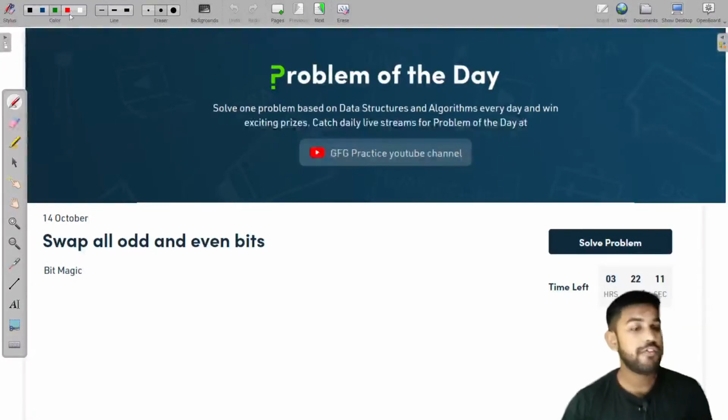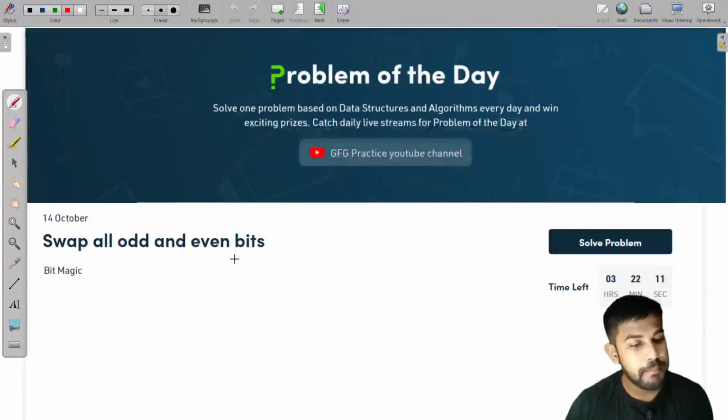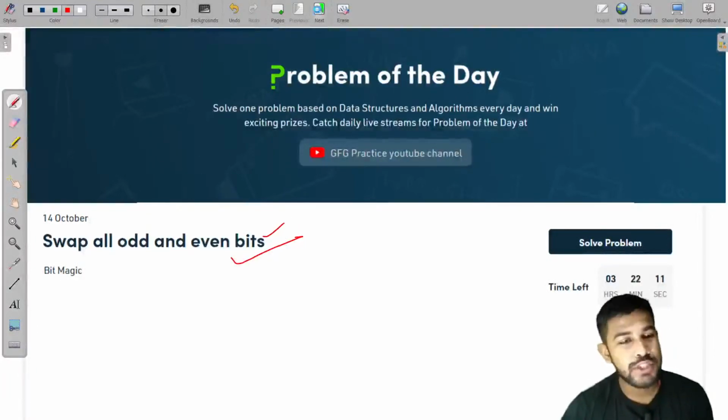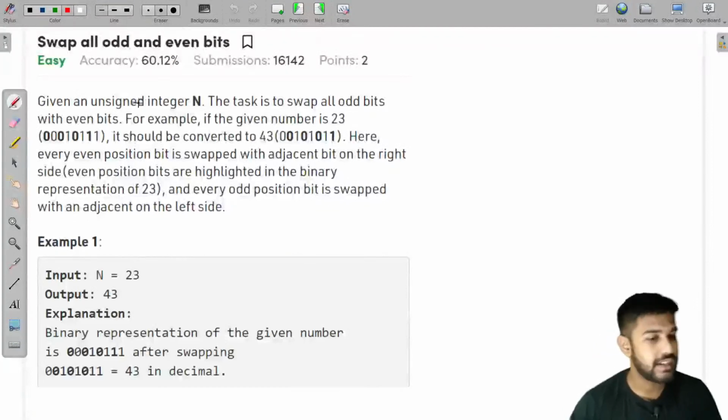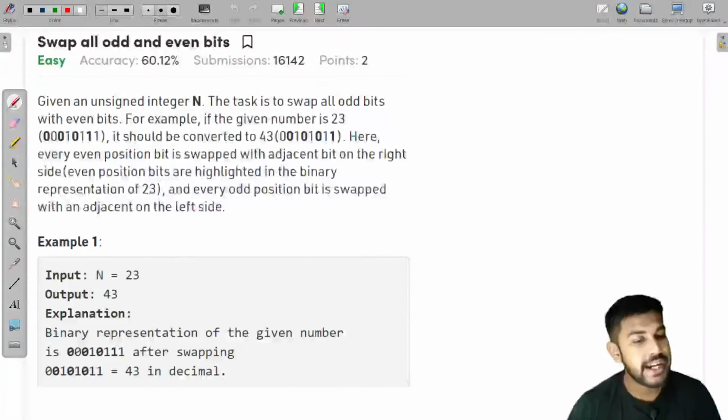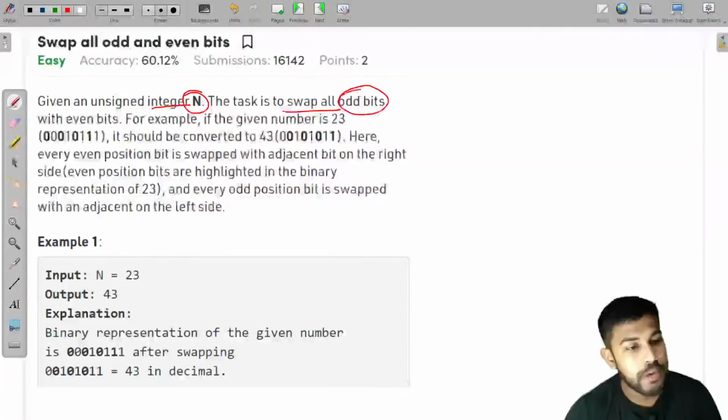Today we would be doing yesterday's problem of the day, that is swap all odd and even bits. It is quite clear from the question name itself. Now let's move to the problem statement and understand what it is telling. We are given an unsigned integer n, and the task is to swap all the odd bits with the